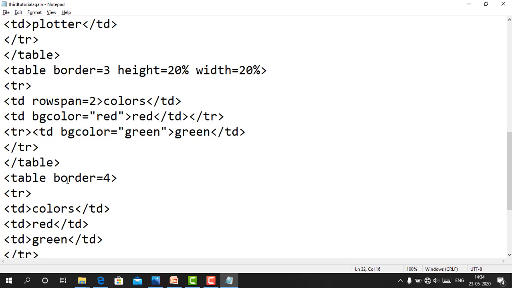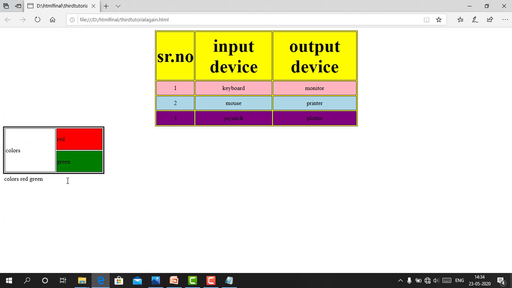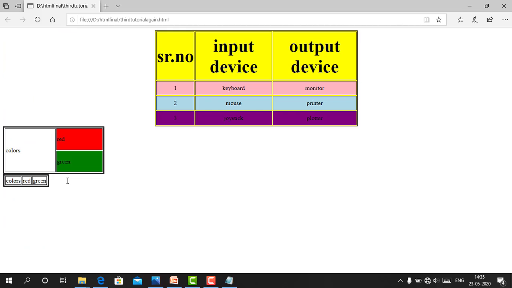Control S, Alt Tab, F5. We want this table in the middle. We will set the align equals to center. Double quote complete. Control S, Alt Tab,